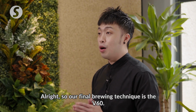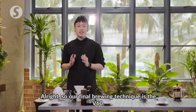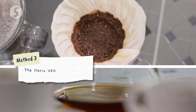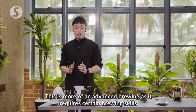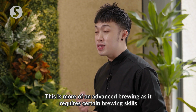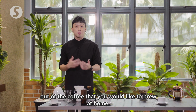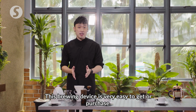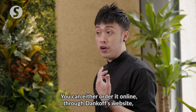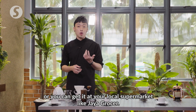Alright, so our final brewing technique is the V60. Now this is more of an advanced brewing, as you require certain brewing skills to be able to bring out the best out of the coffee that you would like to brew at home. Now this brewing device is very easy to get and purchase. You can either order it online through Dankoff's website, or you can get it at your local supermarket